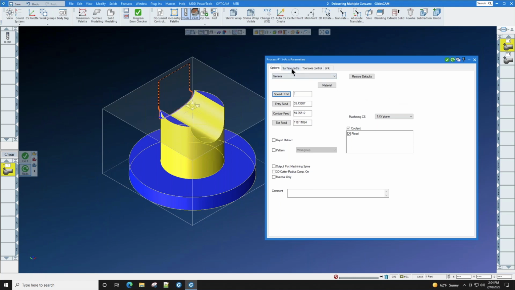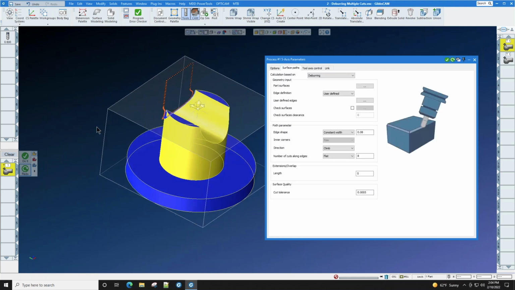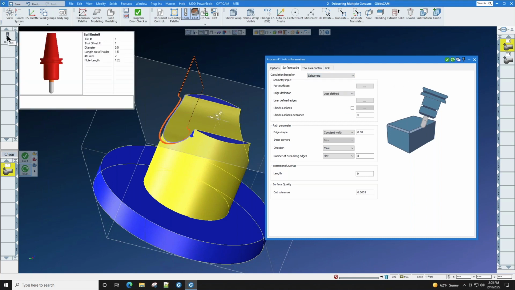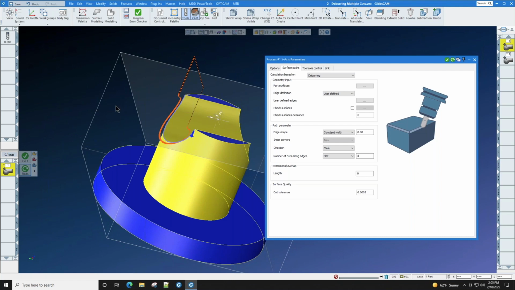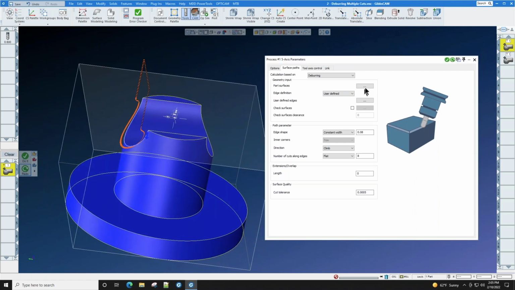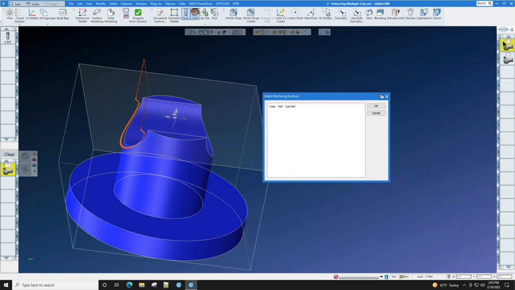And in this case, we have a new enhancement that showed up a couple of years ago, calculation based on deburring. We can now take a lollipop tool, or you'll see now a ball end mill or a flat end mill, and we can deburr sharp edges on the part simply by selecting the part surfaces